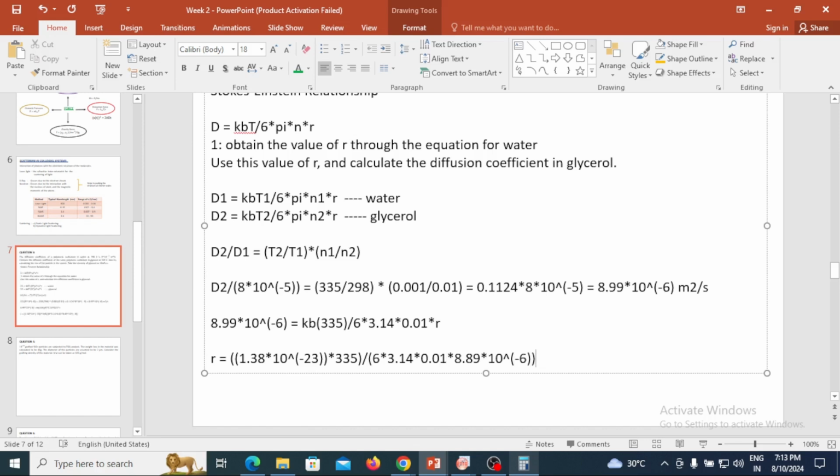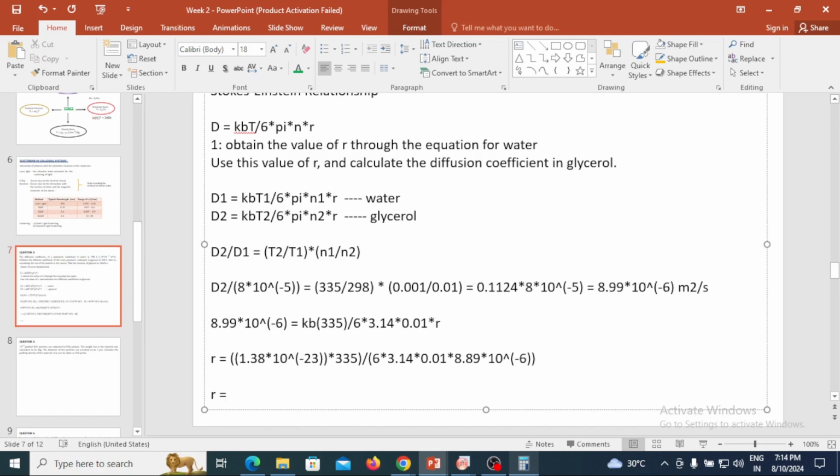I am just rearranging the variables so that you can calculate the value of R. I just brought the R in the denominator to the numerator, and then this D in the numerator on the LHS to the denominator on the RHS. So value of R is nothing but